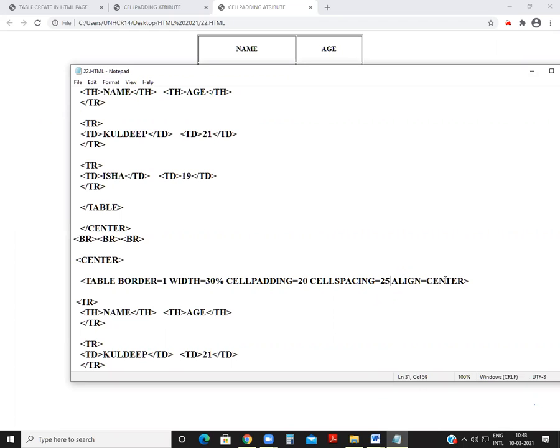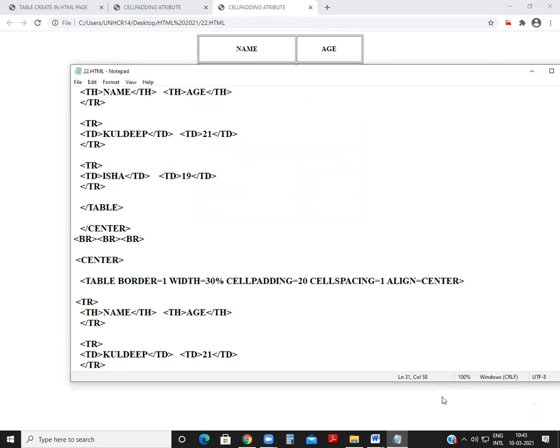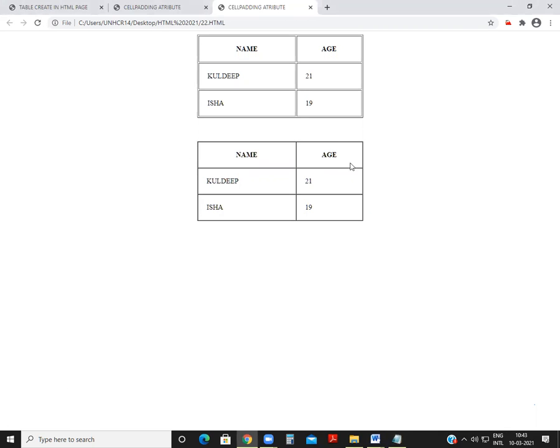If you write here only 1, it will come closer. If you write 0, then it will be like this, it will match together. Is it okay?